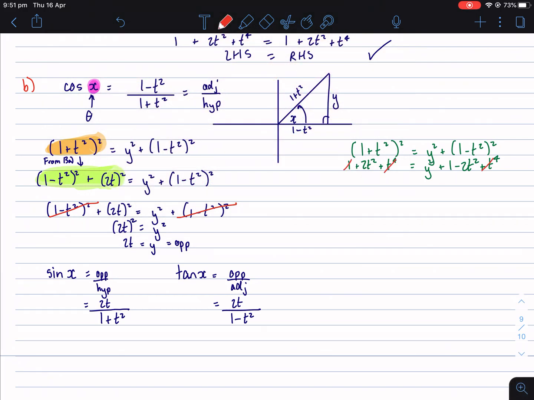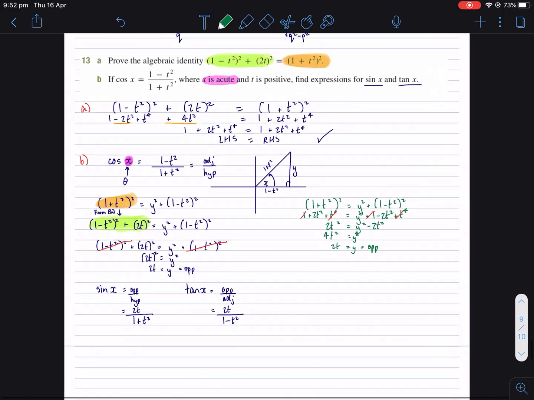This actually might have been the quicker way to do it. So we've got 2t squared equals y squared take 2t squared. Get the t squareds on one side, so 2t squared plus 2t squared. 4t squared equals y squared, 2t equals y. That might have actually been the quickest way to do it. Wonder why they got us to do that first one. Maybe it was just to be fancy. I wouldn't